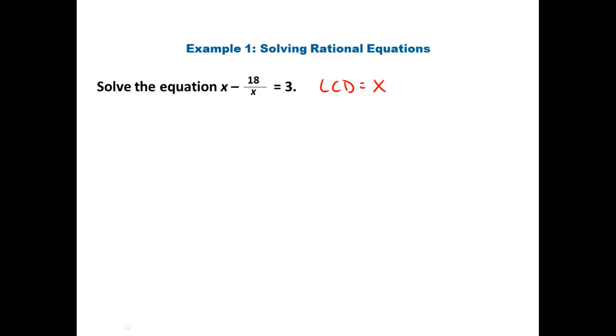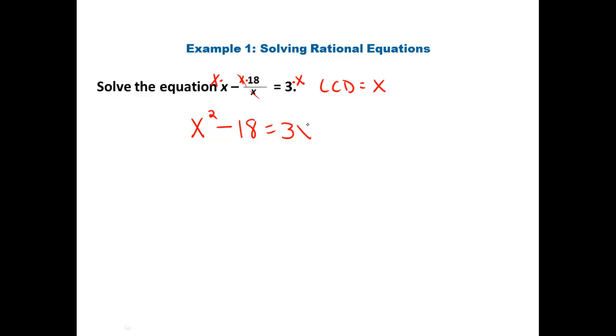Now the difference between an expression and an equation is that if this were an expression, first of all, there would be no equal sign, but we would have to multiply by x over x to everything. But since it's an equation, we don't have to do that. We can multiply by just x. We just need to make sure that we multiply every term by the same thing. So we're going to multiply this one by x, multiply that one by x, and multiply that one by x. So we get x squared minus, these x's are going to cross out, so just 18